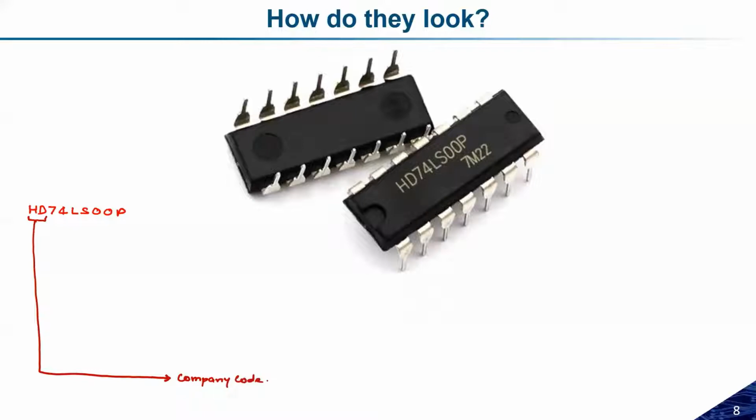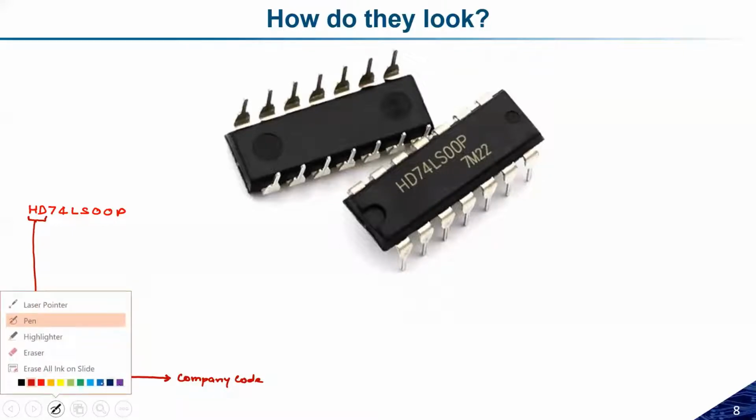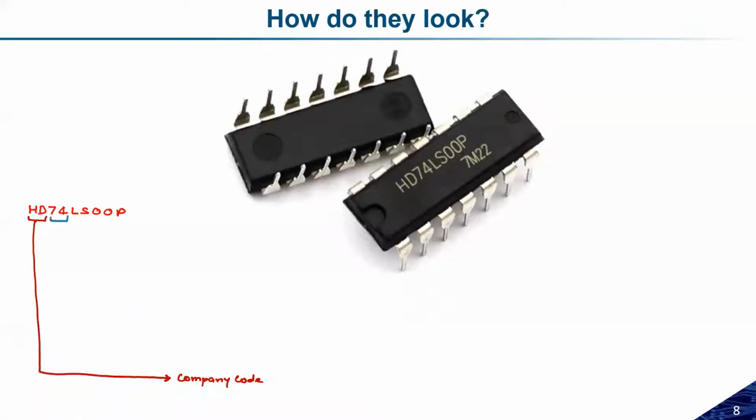The next two digits are basically used to indicate what kind of IC it is. Any IC can be used for two purposes: either for commercial purposes or for military purposes. So the next digits indicate whether the IC is for commercial or military use. For commercial purposes, we generally consider positive temperatures, like from 0 degrees centigrade to, let us say, 90 degrees centigrade. But if I am considering military purposes,